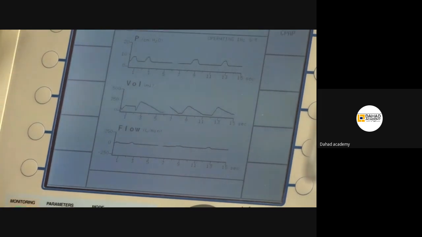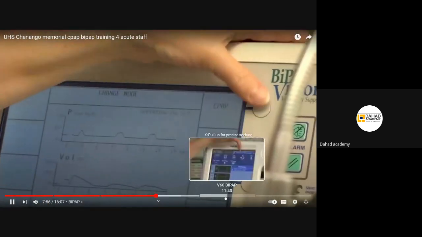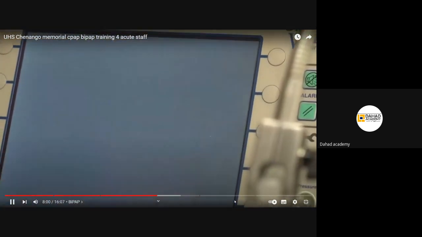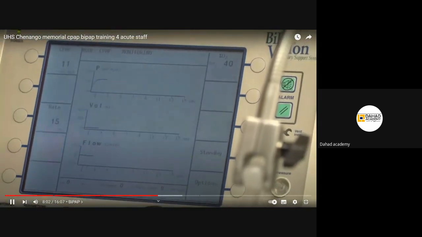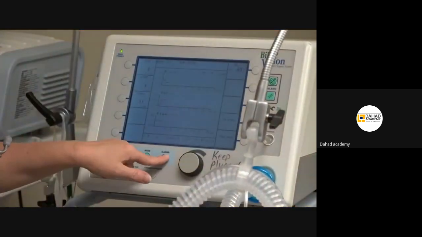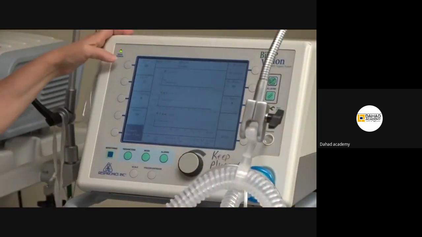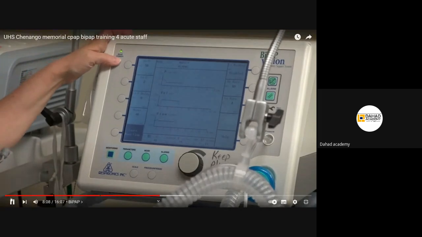Modes, we can change this to a standard CPAP. We don't normally because most patients need the BiPAP, but it is a possibility to do, and respiratory would make those adjustments simply by pressing the button, activating, setting our CPAP. We have alarms set. Our alarms are set with a high pressure of 50, so if the patient coughs,